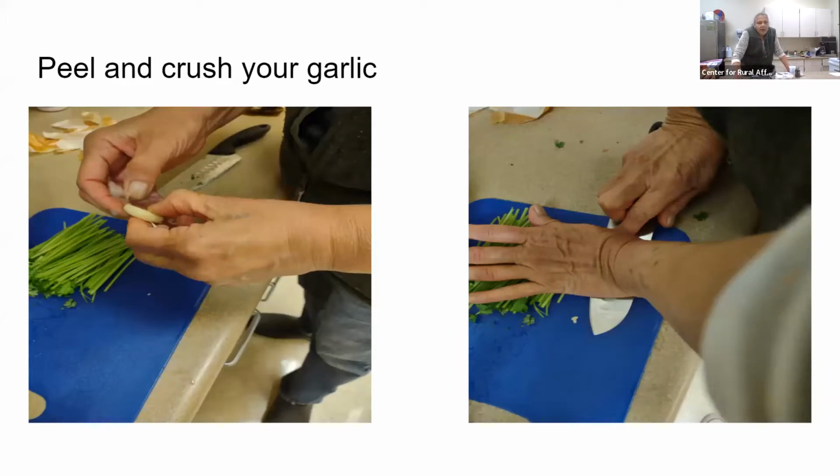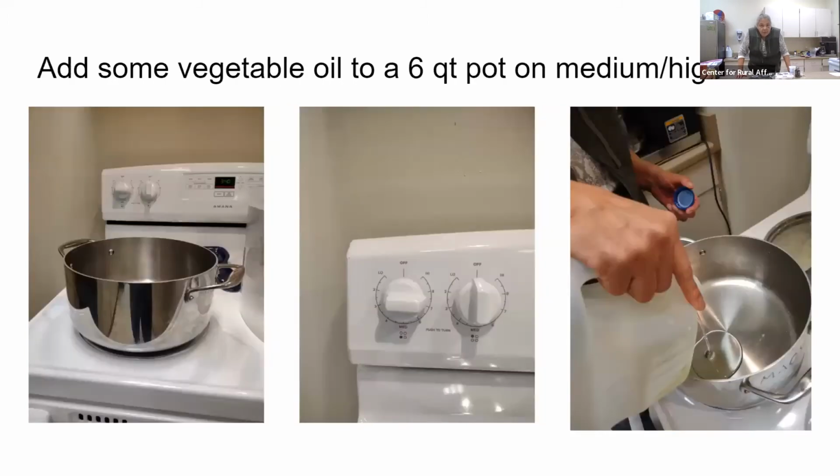But right here is where we're doing the parsley stems, and then we're peeling the garlic cloves, getting ready for the pot, because we've already, okay, so then I put that's where we were prepping the vegetables. Okay, now we need to advance to where we're going to put the oil in the